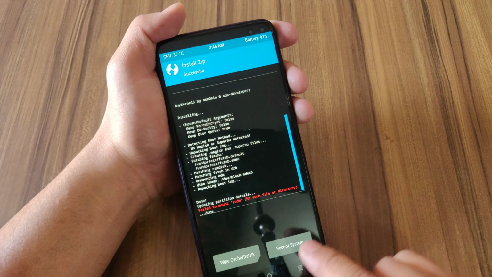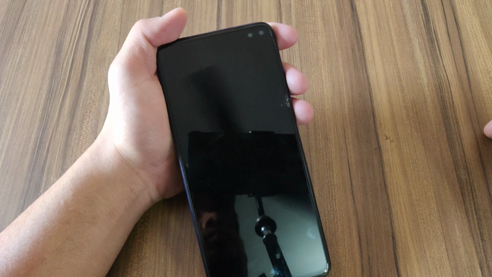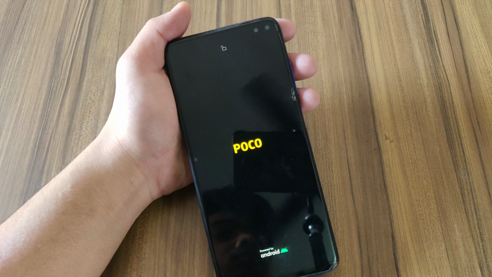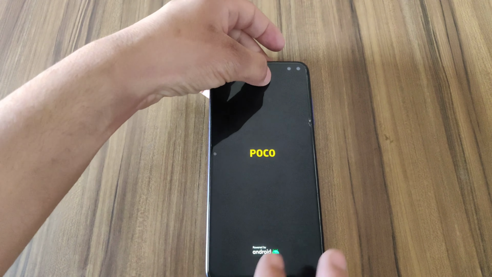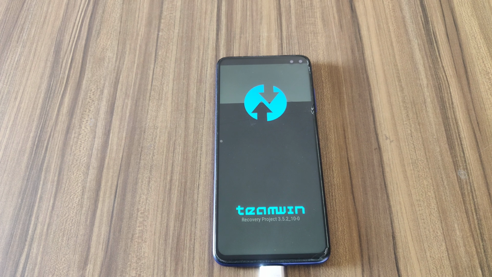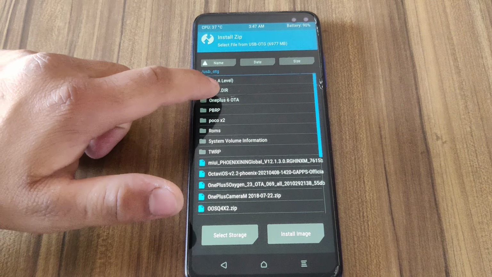The file is flashed successfully. So go back and reboot the device into recovery mode. My device now boots up into recovery mode.